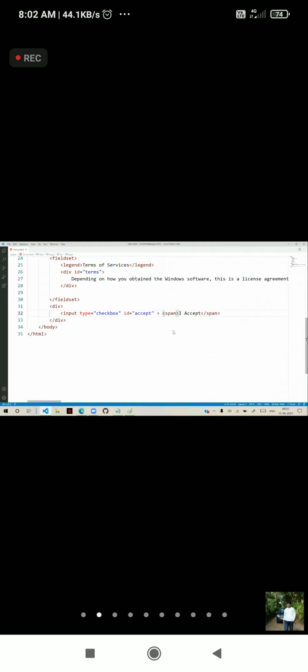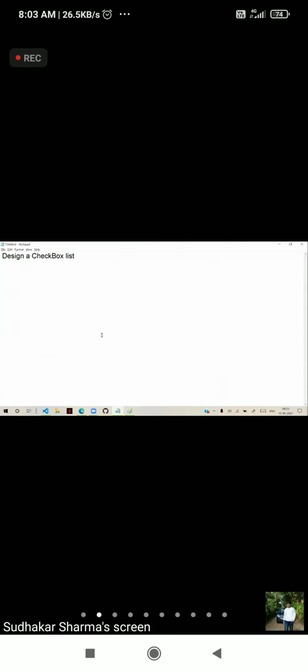So you can keep it in a div or anywhere else, but div will come below. We want it just beside. Then we can keep this as accept. Right. So this is very common with checkboxes. Very frequently used designs are checkbox lists and checked effects with styles. These are very commonly used while working with the checkboxes.